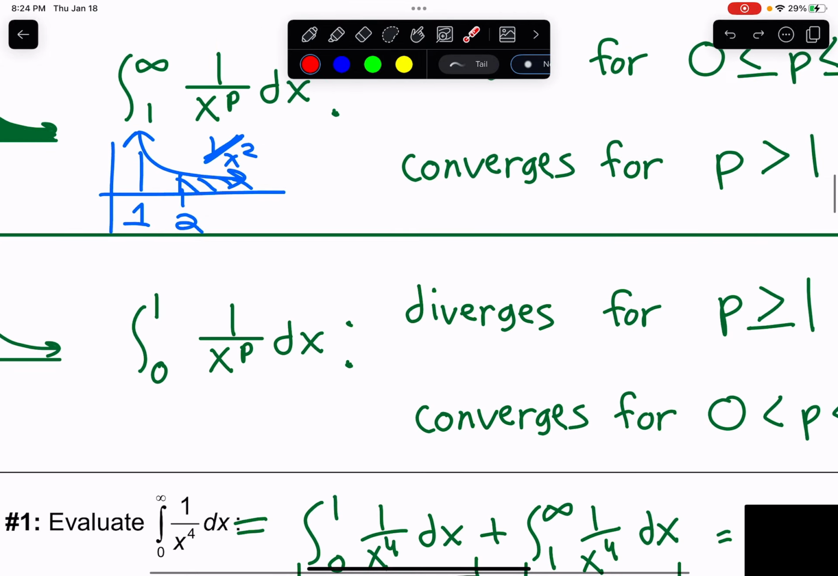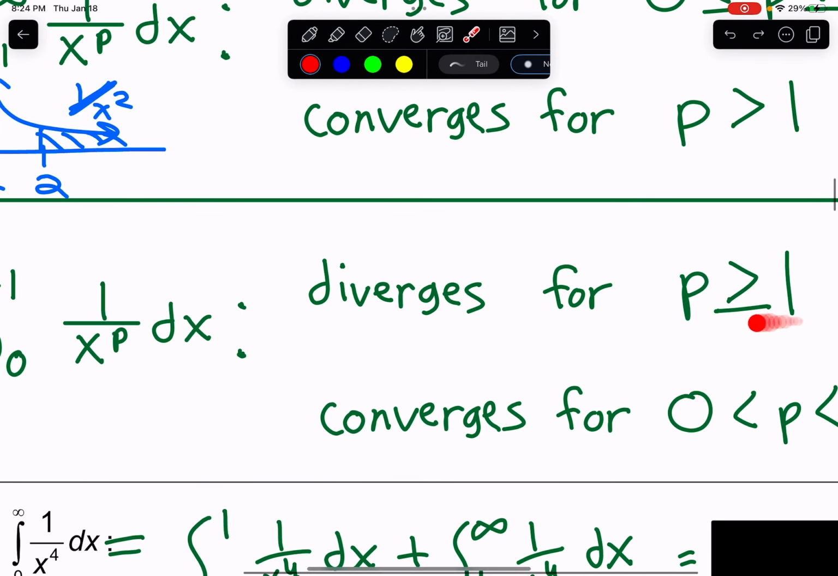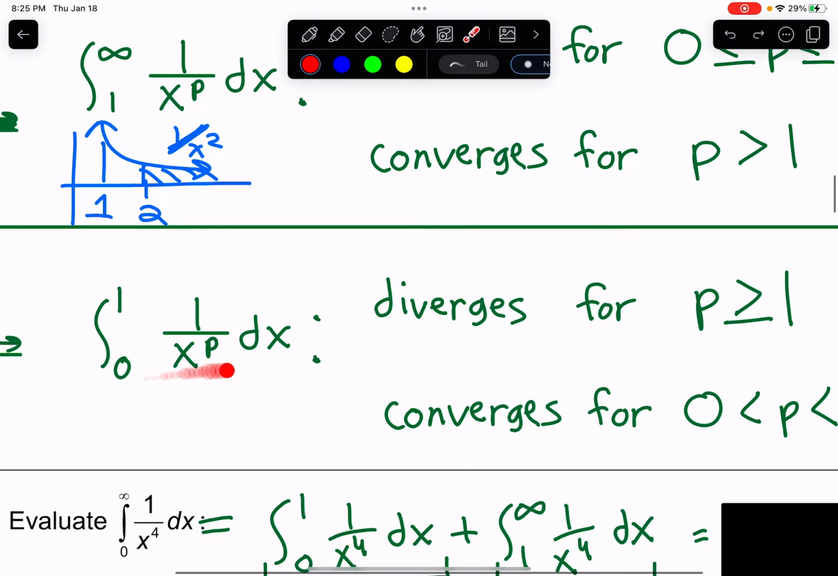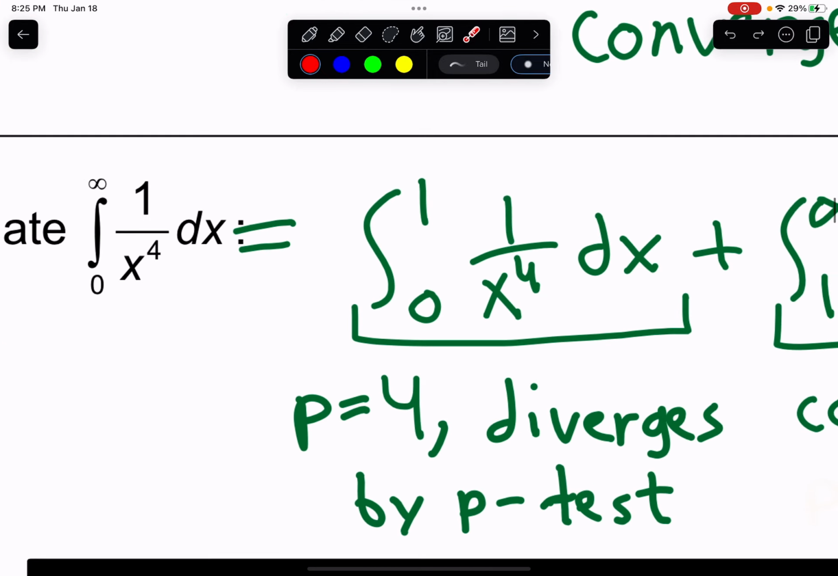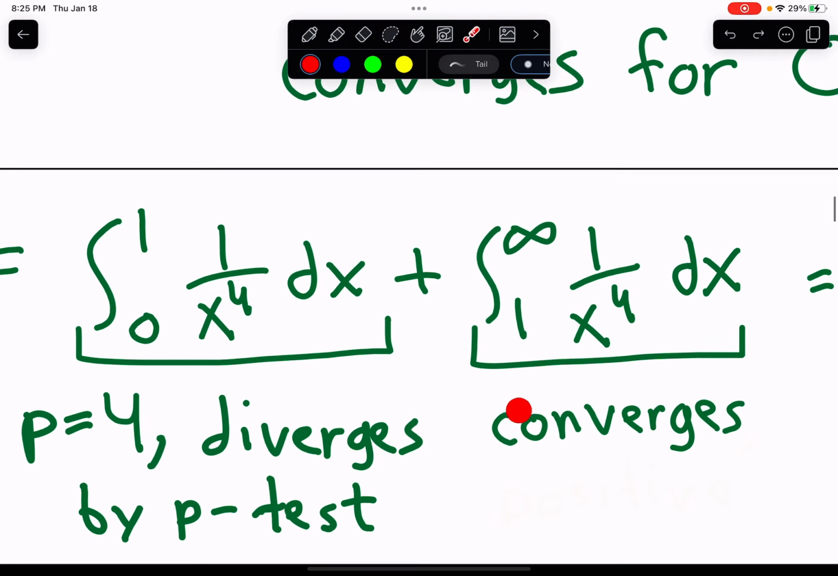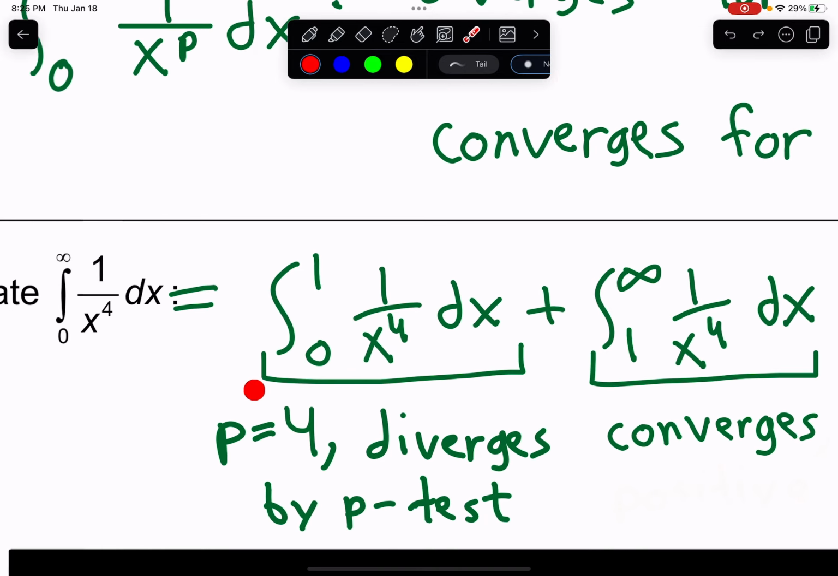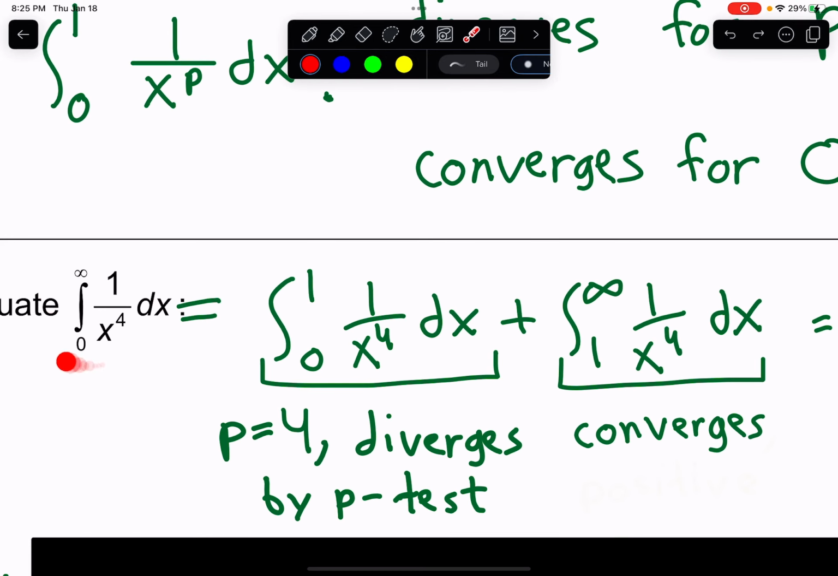What does the p-test tell me for something like that? P is 4, which is bigger than 1, and so I know that integral would diverge. P equals 4 diverges by p-test. So something like this is what I'm looking for in your work. Now, once you show me this, it doesn't really matter what happens with the other part, because what I'm trying to show is whether this integral is going to equal a finite number. And if part of that integral doesn't give me a finite number, there's no way the whole integral will. So from 1 to infinity, 1 over x to the 4th dx,